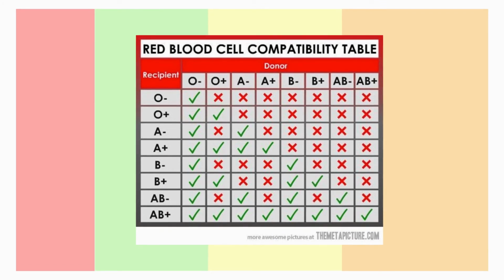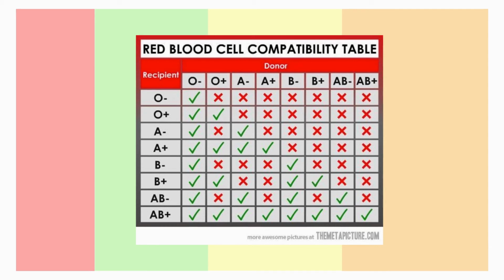Now, it is very easy for us to understand the red blood cell compatibility table. The O negative people lack all the 3 antigens, namely antigen A, antigen B and the RH antigens, and hence become the universal donor. Whereas the AB positive have all the 3 antigens, A antigen, B antigen and the RH antigens, and hence cannot donate to everyone but can accept from everyone.